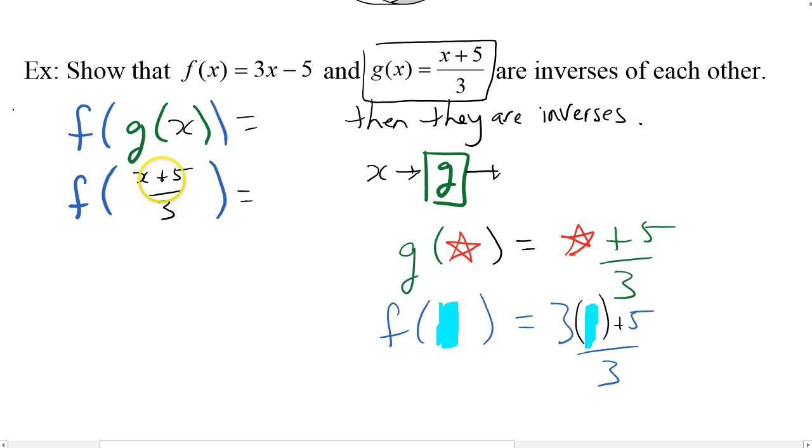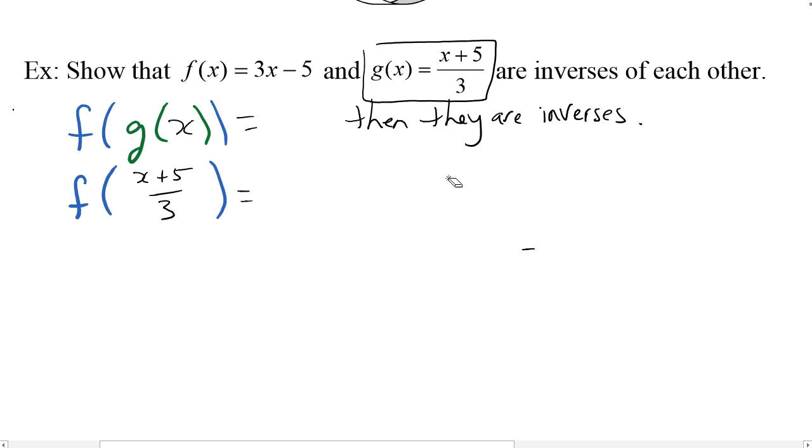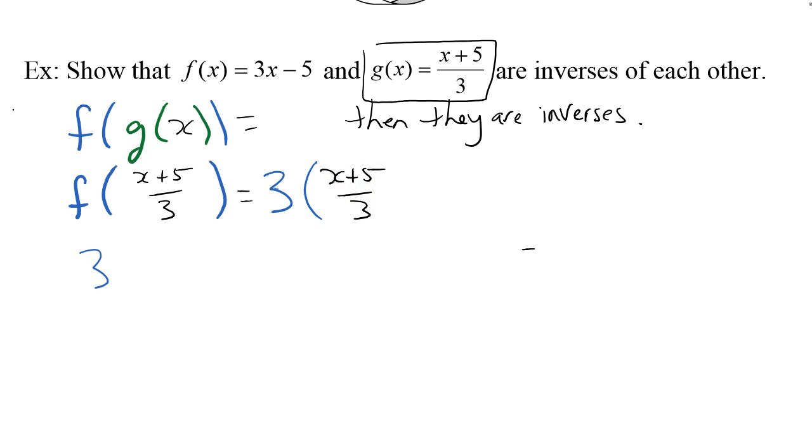So looking over here, we have something to put in. We're plugging in an x plus 5 over 3. So what we're going to get, I'll do it over here, is 3 times this x plus 5 over 3, minus 5. So here was our definition of our function. Instead of plugging in an x, we're plugging in an x plus 5 over 3. And so our result is